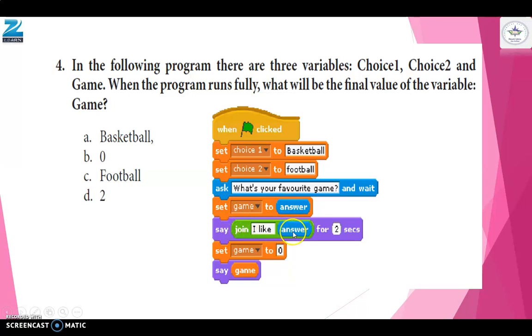I like whatever game is entered by user for 2 seconds. Then set game to 0 and say game. So you can see lastly we have set game value to 0. So what will it display? Okay, can you guess? Yes, it will display 0 because here in place of answer we have set it to 0.